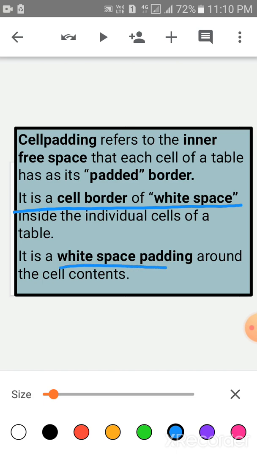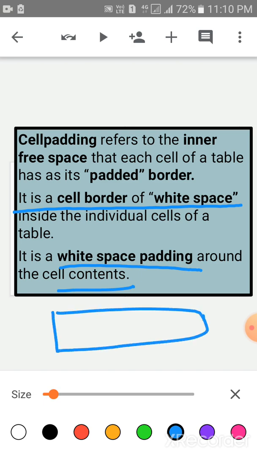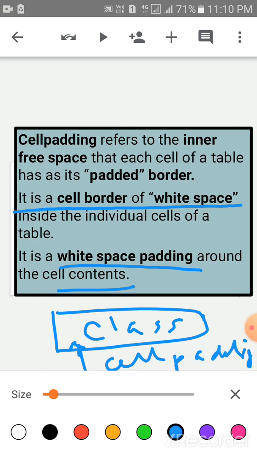It is the white space padding around the cell content. Okay children, suppose you write here class. Okay, this is the cell padding, this is the space. This is the cell padding.